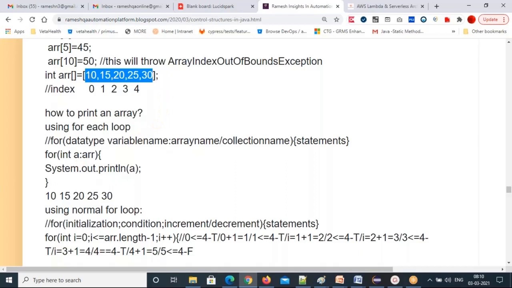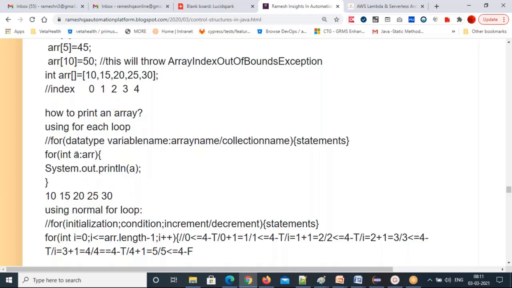First A contains 10. So first element, right? It will go to the first element of this array. First element of this array, what is that? 10, right? So now A contains 10. So it will come and print A. So 10 will print first. Then A automatically goes to the second position. Here, second position means 15. Now A contains 15, not 10. So A contains 15, there is the element, so it comes inside. So A value 15 will print.